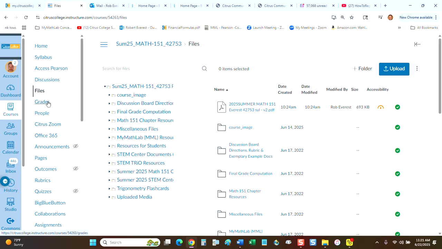The grades is just going to show a bunch of blank fields because nothing has been done yet, but that's what you'll click on to see your grades. It'll be sort of aligned in a vertical format on a phone, but horizontally if you do it on a laptop or a computer. All right, I'm going to cut it off there